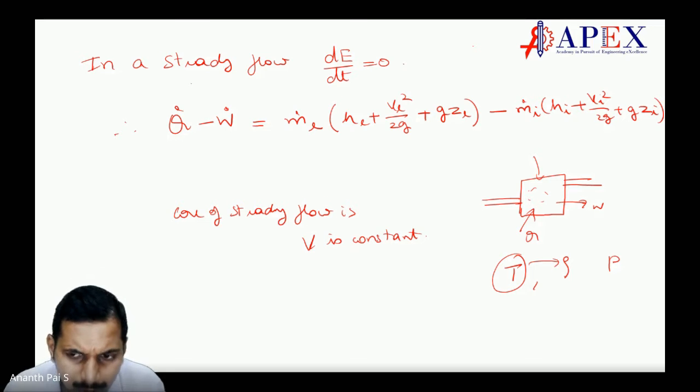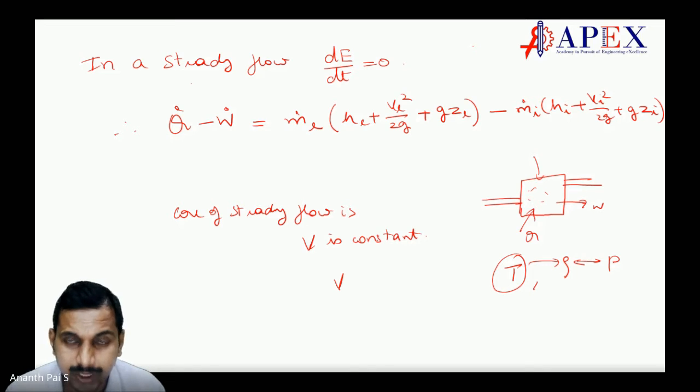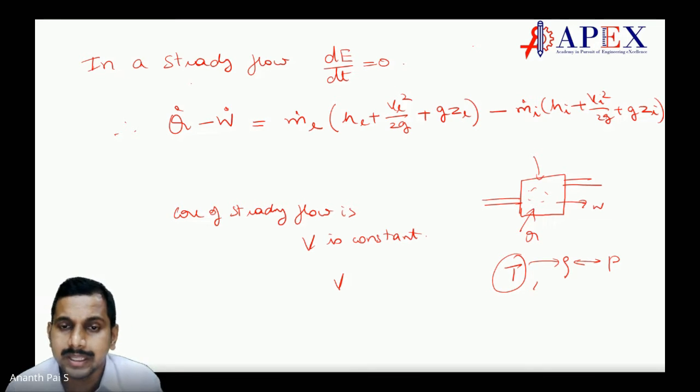Now, all these changes may ultimately change the velocity if there is energy accumulation. If there is no energy accumulation, that is, whatever the heat is coming in, minus the work done, and whatever the changes in these things are, are equal, then there is no energy accumulation. If there is no energy accumulation, it will always be a steady flow. Make sense? Diviraj. Yes, sir.